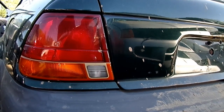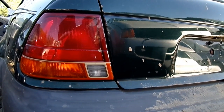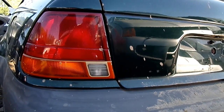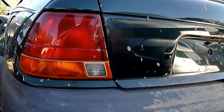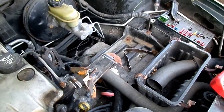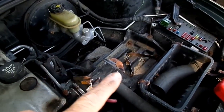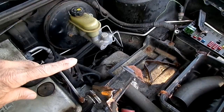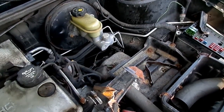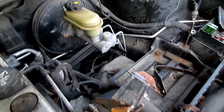Today we're working on a Saturn S series, and what we're doing today will pertain to the '98 to '02, and what we're doing is we're adjusting the range switch on the automatic transmission. First thing we want to do is to remove the air duct to the throttle body. It will give us access to the area in the back where the range switch is located. And once we remove that, we want to find the switch,